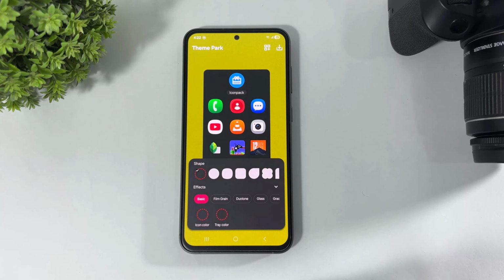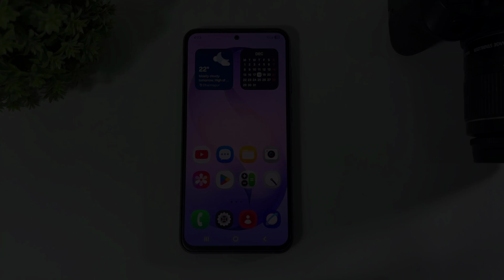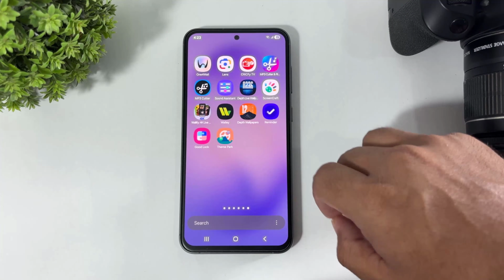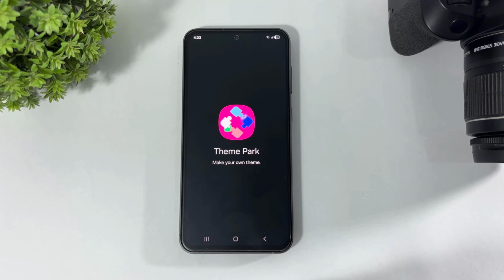Look at this, for now this is the One UI 8 Theme Park plugin and the emboss option is not available in my Theme Park plugin. So first I update my One UI 8 Theme Park plugin to the One UI 8.5 Theme Park plugin. Okay guys, I updated my Theme Park plugin. Now let me show you. I go to Theme Park,